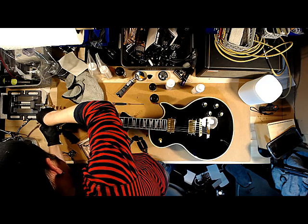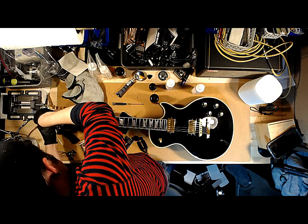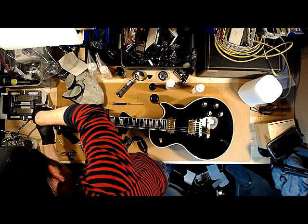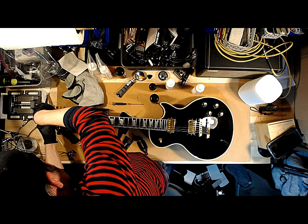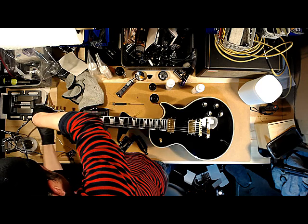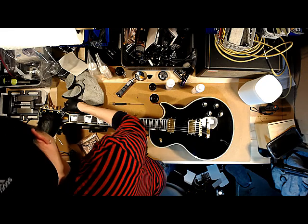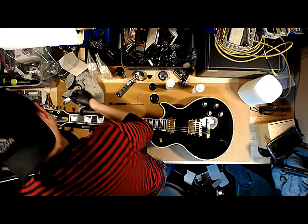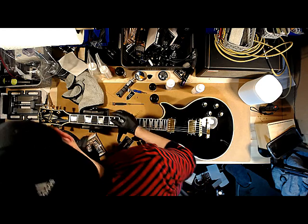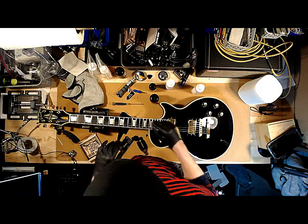Okay, so the screw is a little tiny bit stripped. I'm going to try to back this out. Yeah, I think somebody put the wrong screws in here at one point, because this is really, really tight. So we definitely want to replace that at some point. Okay, so the nut looks fantastic. It's not backed out or forward too much or anything like that. It doesn't look like this thing has ever been touched. So